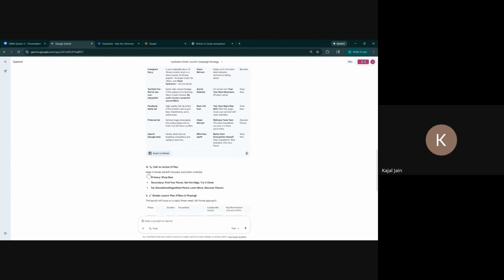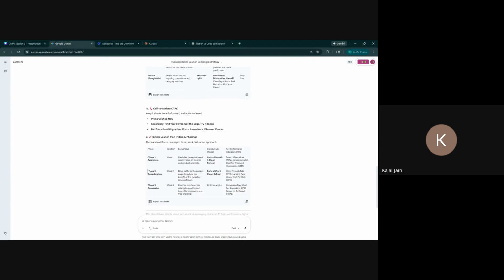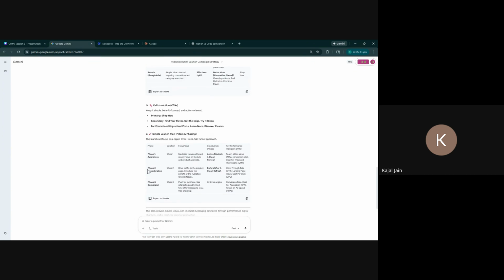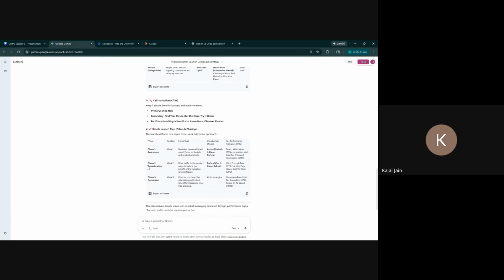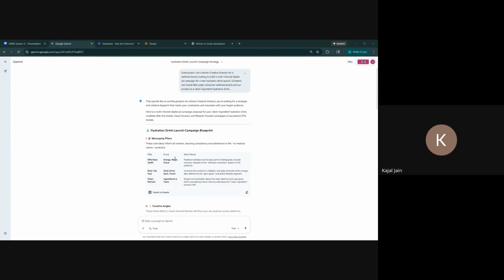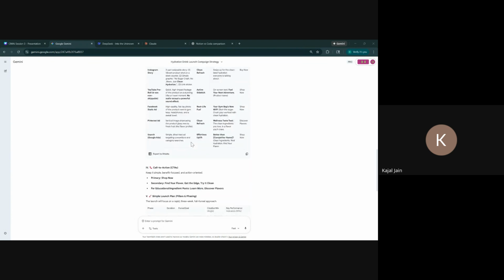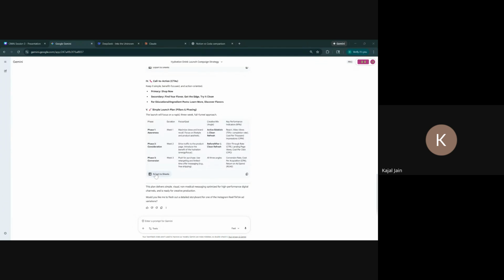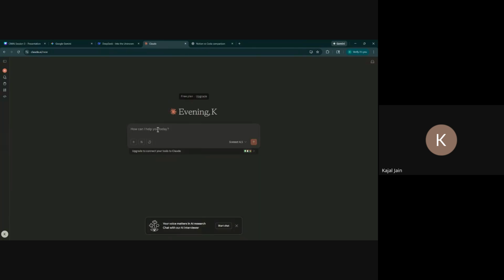Google search ad, call to action. And this one I guess did break down into 3 phases as well. What did I say about my launch plan? Okay, so 3 phases. And then if I were to put this back into Claude,